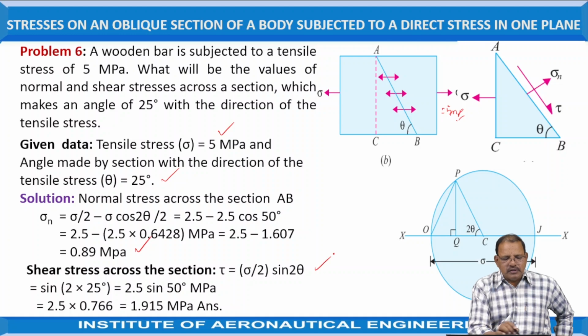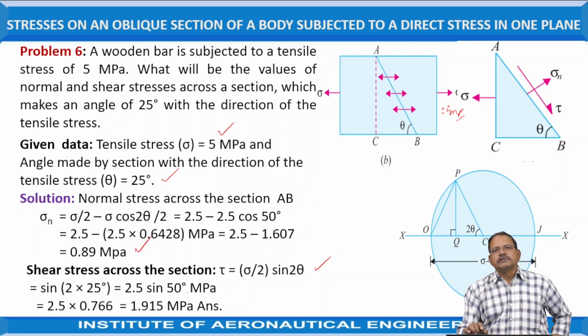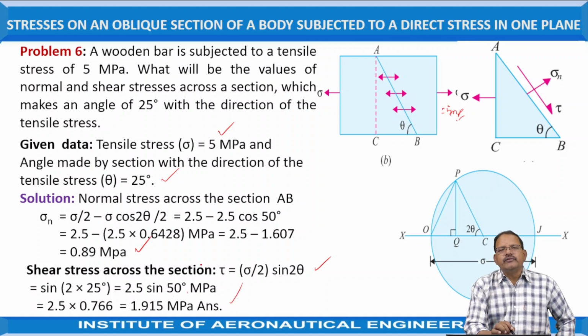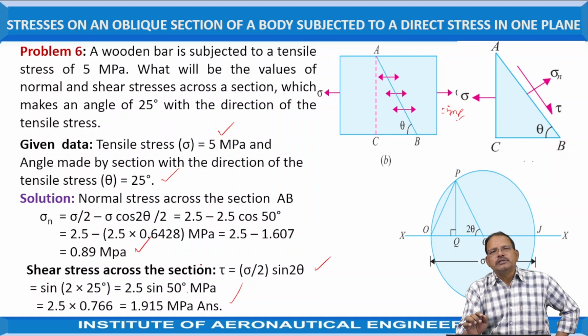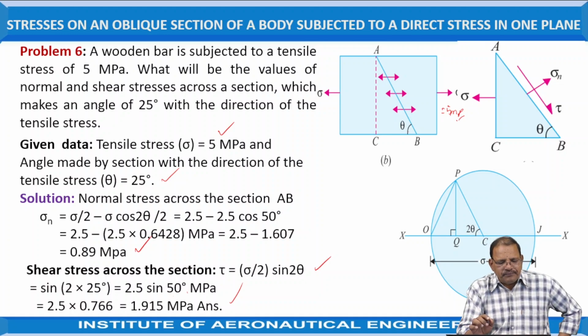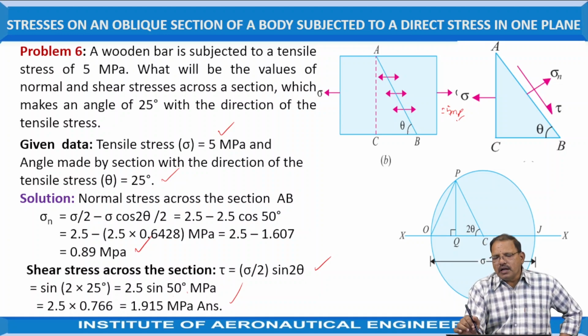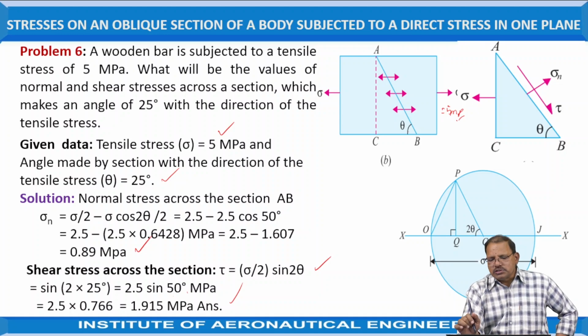The shear stress across the section is equal to sigma by 2 into sin 2 theta, which is 2.5 sin 50, equal to 2.5 into 0.766, which is equal to 1.915 megapascal. This is nothing but the relations we use in the analytical method for determination of shear stresses as well as the normal stresses. Now, according to the Mohr circle,